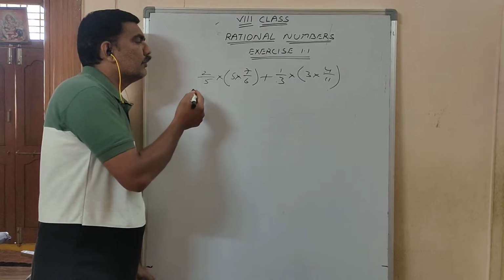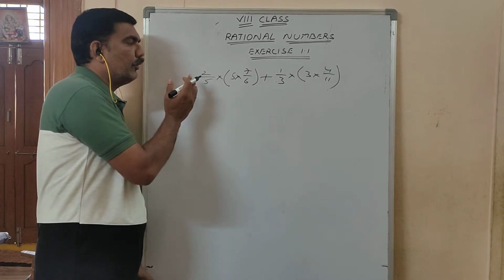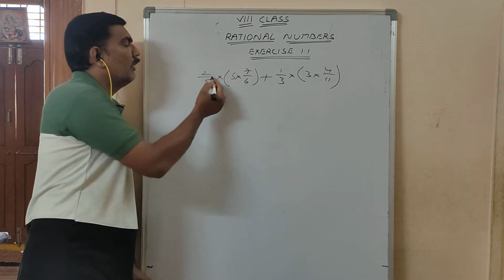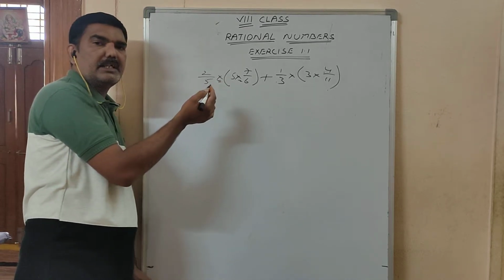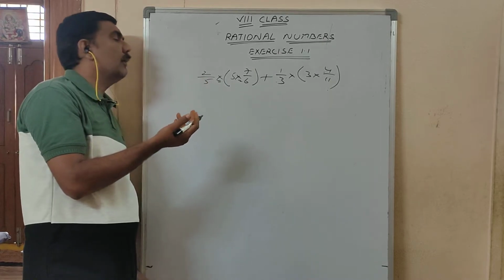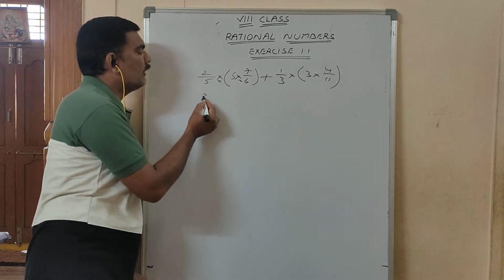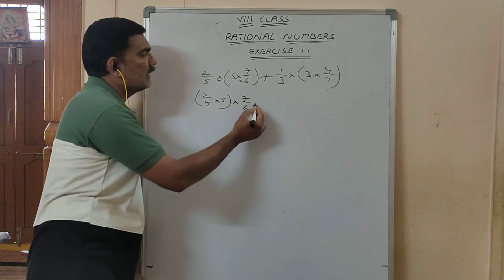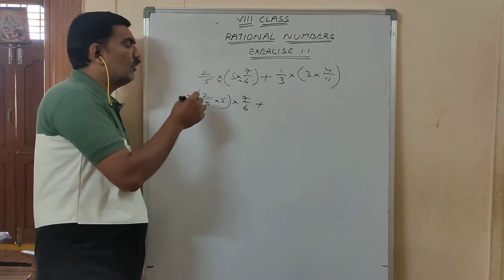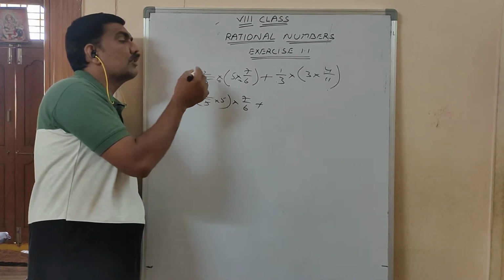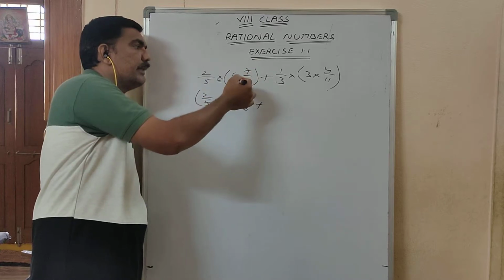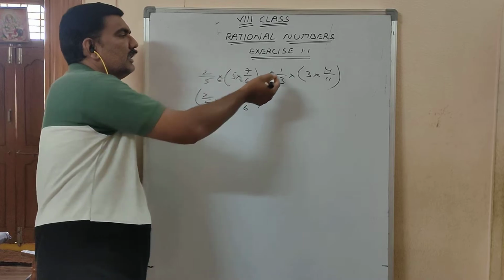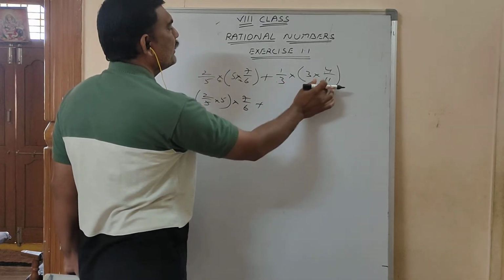Now what do you have to do? A into B into C is equal to A into B into C. Are both the same symbols or different symbols? See it. Same symbols. Associative property under multiplication. What you have to do is 2 by 5 into 5 into 7 by 6. Can you write like this or not? So what we used here is the associative property. A into, within brackets, B into C is there. I made it as A into B into C. It is also the same.